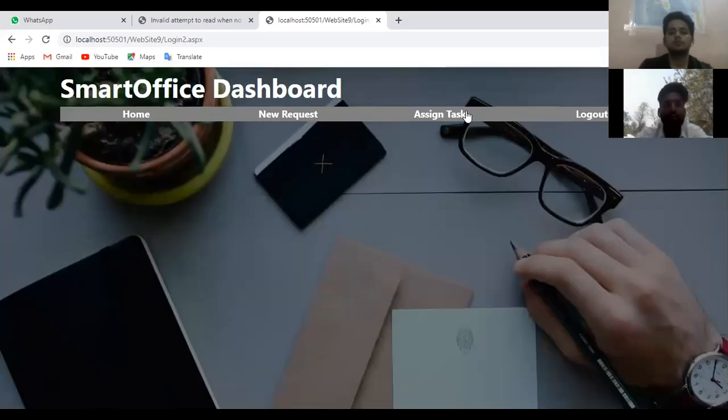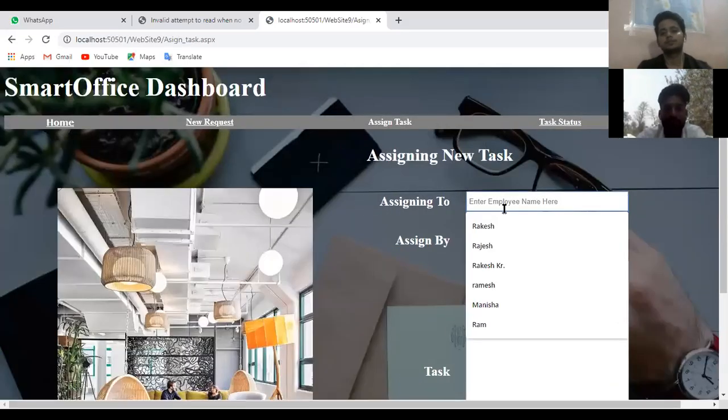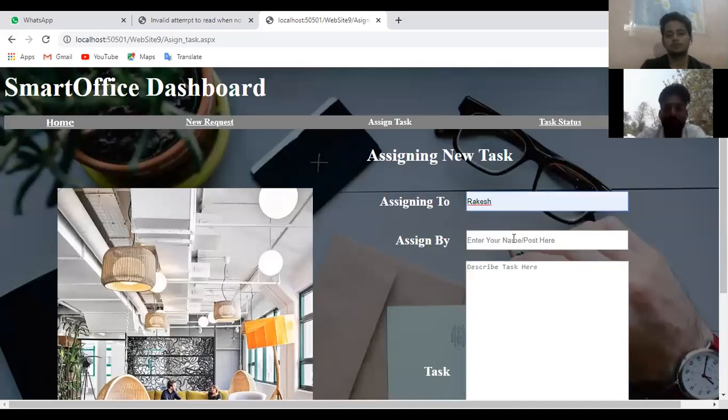Here, go to the assign task button. Just enter the employee name and here as an admin. Here we will assign a task to the user.